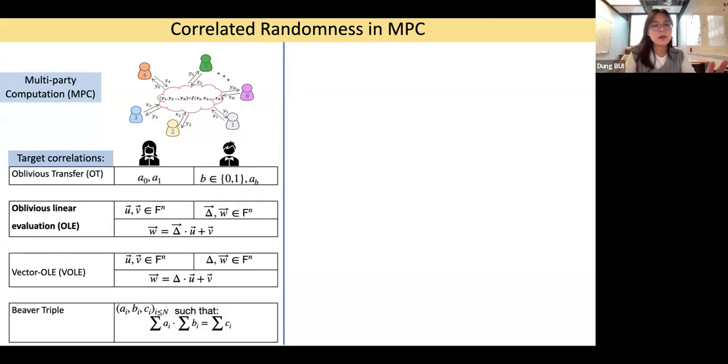In oblivious transfer, Alice has two strings, A0 and A1, and Bob has a bit B, and Bob gets the string AB corresponding to the bit that he has, and Bob learns nothing about the other string that Alice has. For OLE, or oblivious linear evaluation, it's a correlation where Alice and Bob get shares of a linear operation, and informally Alice gets the